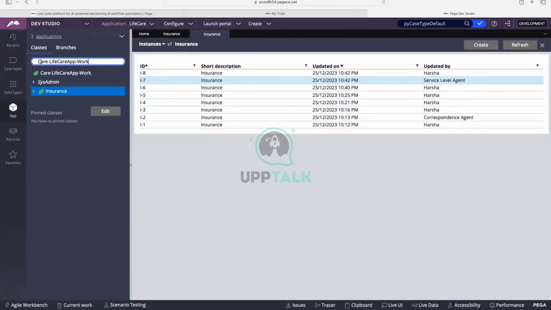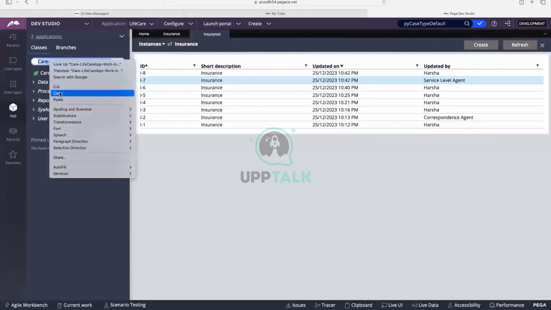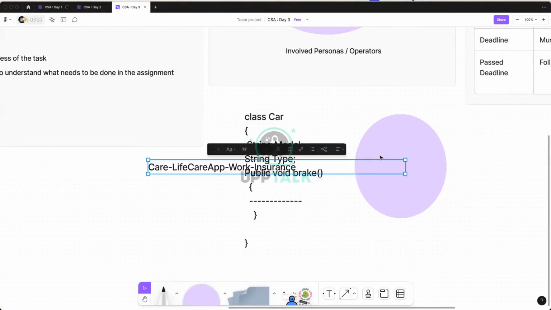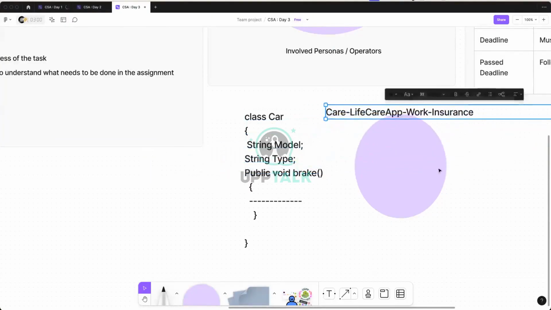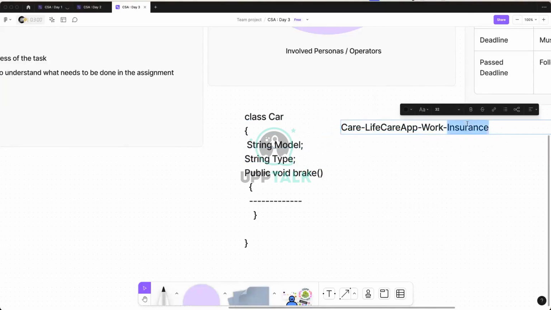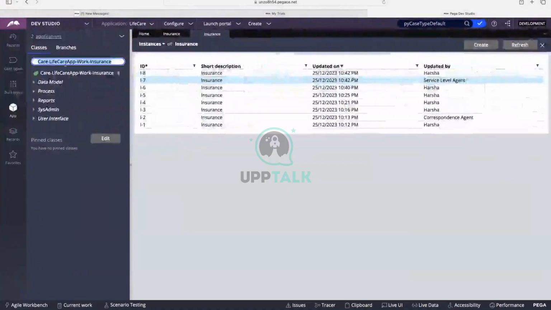The work class is nothing but organization, application, then the work keyword followed by Insurance. Basically, this is a case type class. I'll note this down. This is an Insurance class. If I remove all these three things, only till Care,